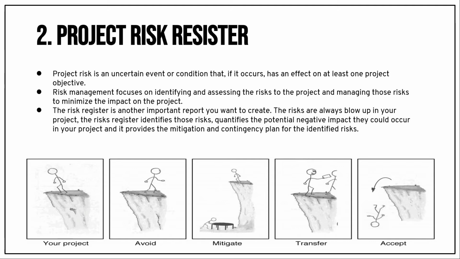The risk may occur in resource, cost, schedule, or scope, or it may be anything. It may occur in any area of the project. So we need to identify the impact of the risk and minimize it. That will lead to the success of the project. There are 4 different ways to manage risk. We can avoid the risk, we can mitigate the risk, we can transfer the risk, and we can accept the risk. I will try to put out a different tutorial for risk management.